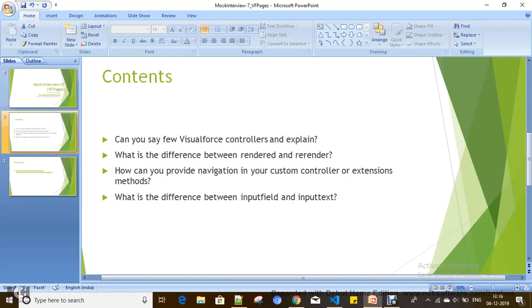It won't give any user interface. If you want anything other than the input text box, or any other design on the user interface, you have to define it yourself. That means inputText is just an input text box, and it can hold either normal Apex properties, or it can hold